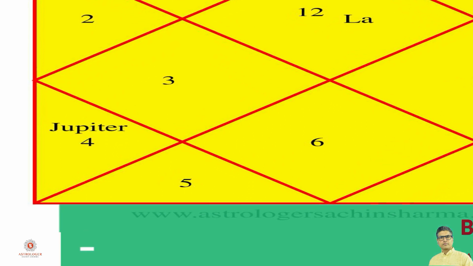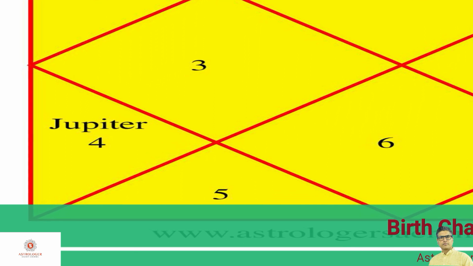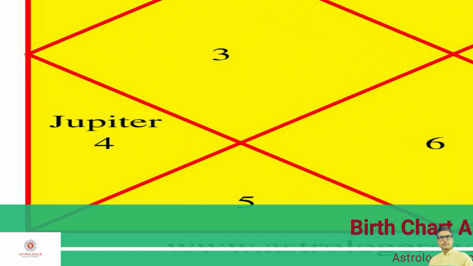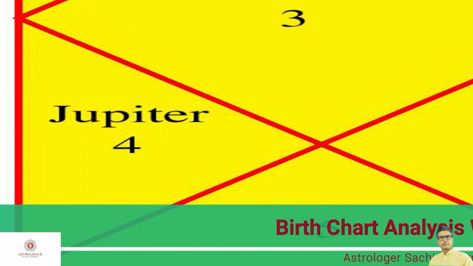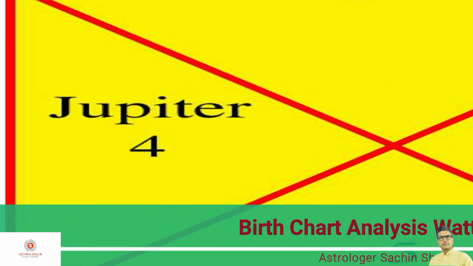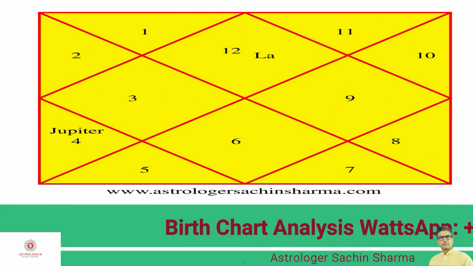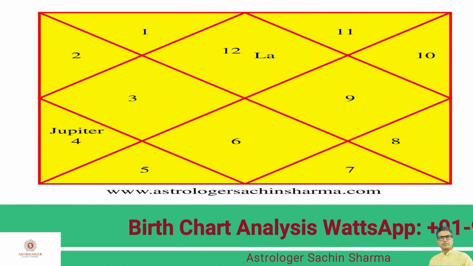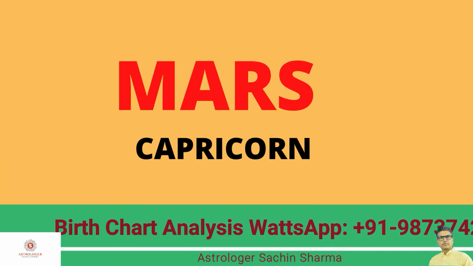that during Mahadasha such person will attain the peak of his or her career, and mind of such person will be very sharp, very creative. Such person will be very intelligent. Whatever work he or she will do, he will attain the peak during the Mahadasha of Jupiter in his or her life. Now let's move forward and discuss about Mars.